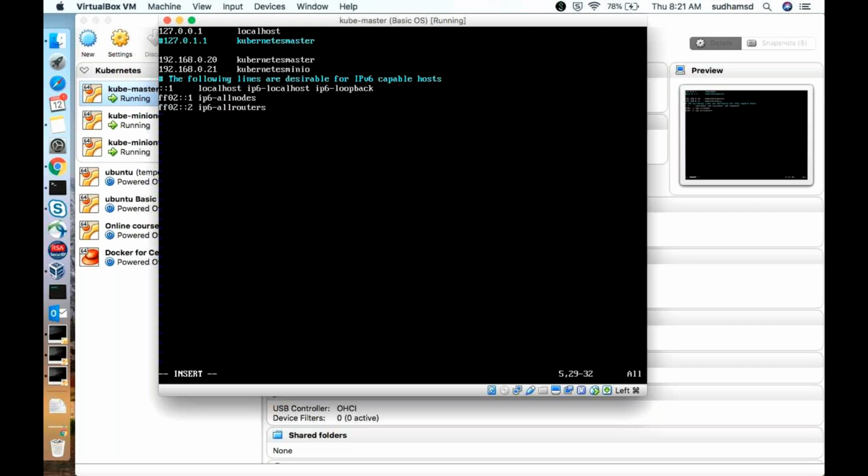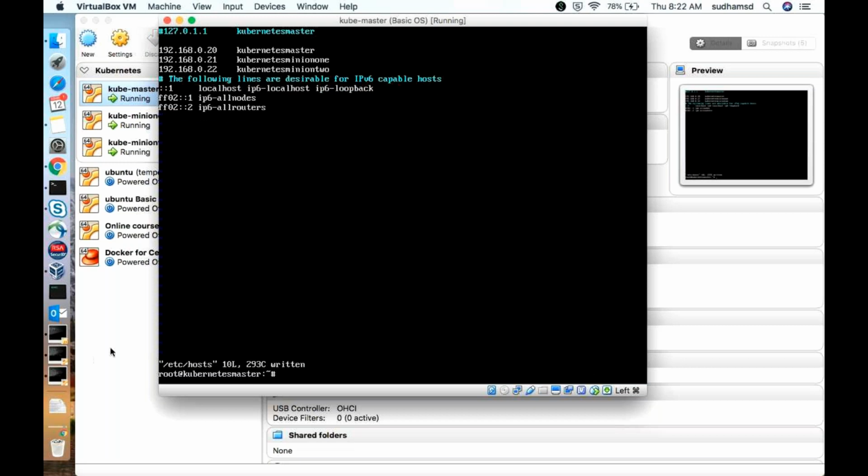And 192.168.0.22 is Kubernetes minion 2. So this is all done.